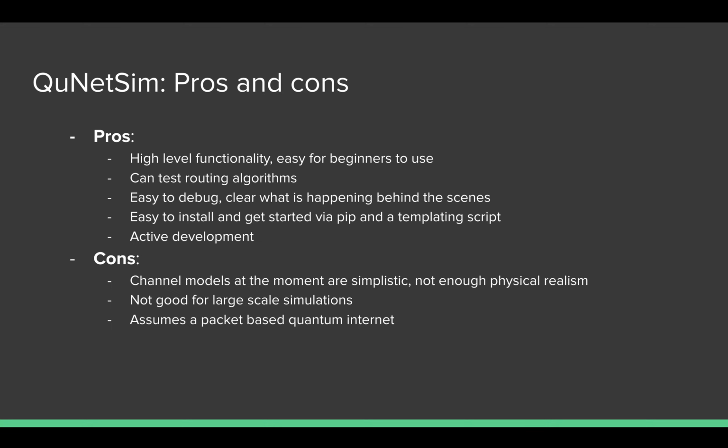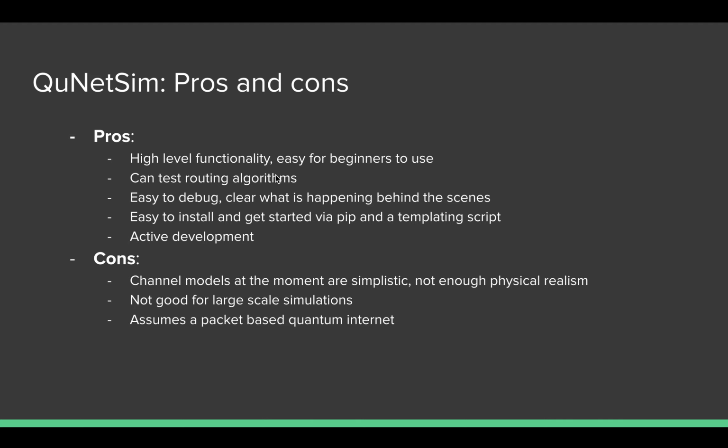So the pros and cons of using QuNetSim, in my opinion: it's very high level, so it's easy for beginners to get used to. A lot of the instructions are written at a high level so that beginners can logically and intuitively build their protocols. They don't need to spend a month or two learning about quantum networks ahead of time. It's designed in such a way that any beginner can pick it up, and hopefully we've accomplished it such that beginners can easily use this to learn about quantum networks and test protocols on their own.